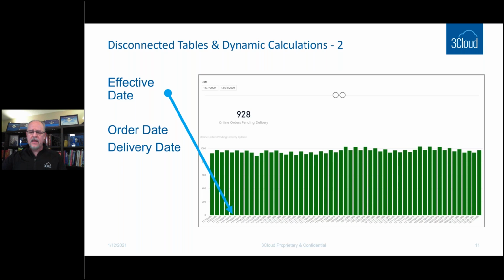All right, so how will we do that? Here's the visualization. I want to be able to select a range of dates. I can do that with this date range slicer here. And then here's a visual. We could use a line visual or an area chart visual as well. But in this column chart, we see one column per date. So for a particular date, in this case, it looks like I'm pointing to November 12th, 2009, I want to know how many orders have an order date that's before that date and the delivery date that is after that date, or there's no delivery date. Okay, so how would we do that?